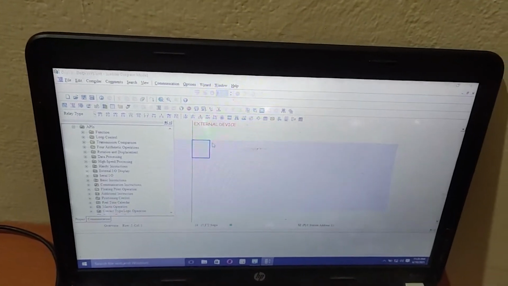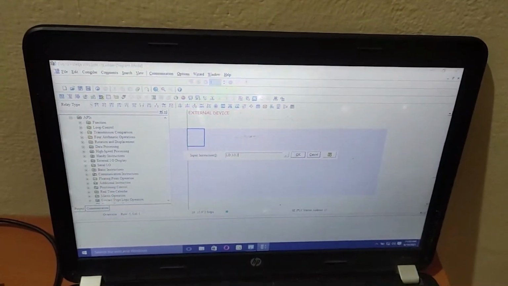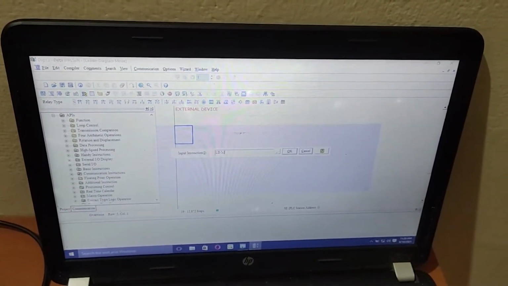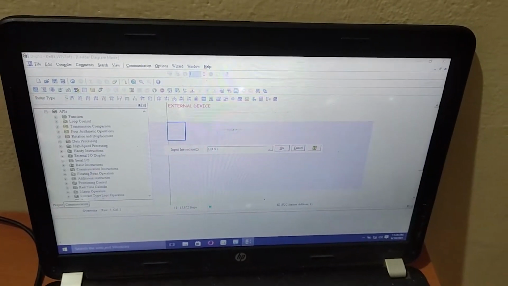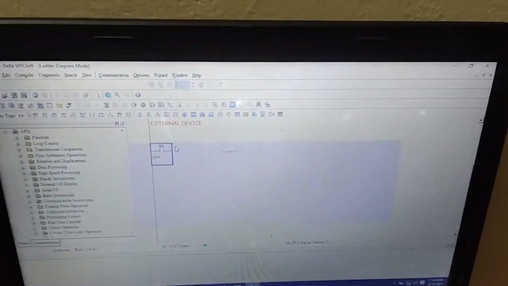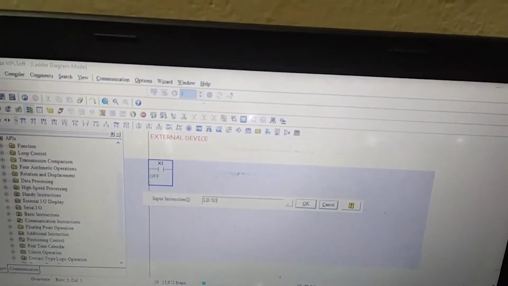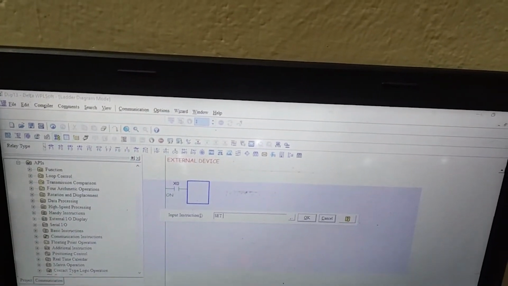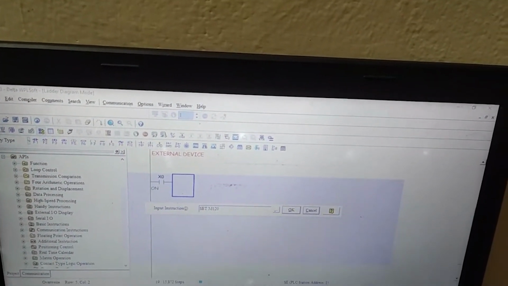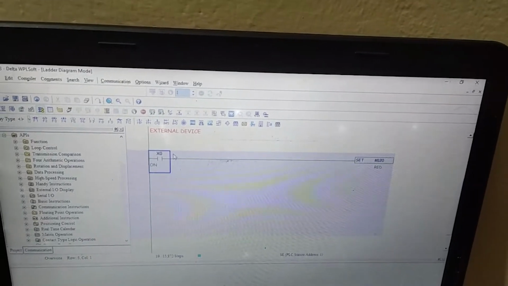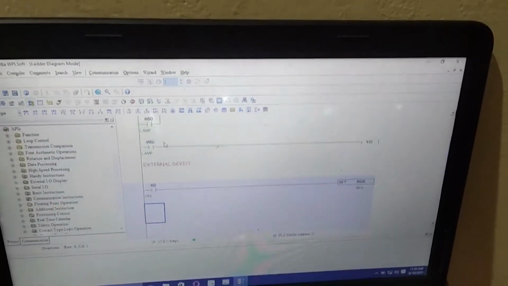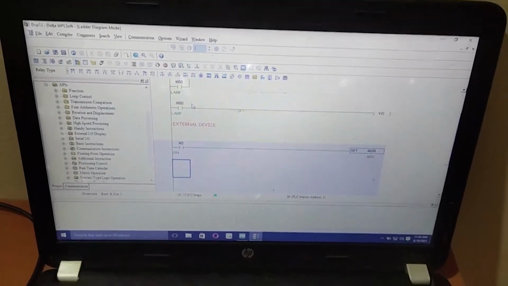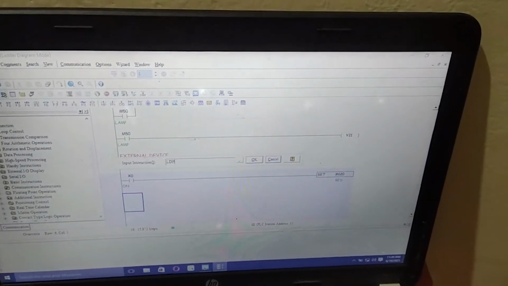I'm using LD X1 and LD X0. When X0 is on, a certain value goes to M120. And with LDP I set another value.